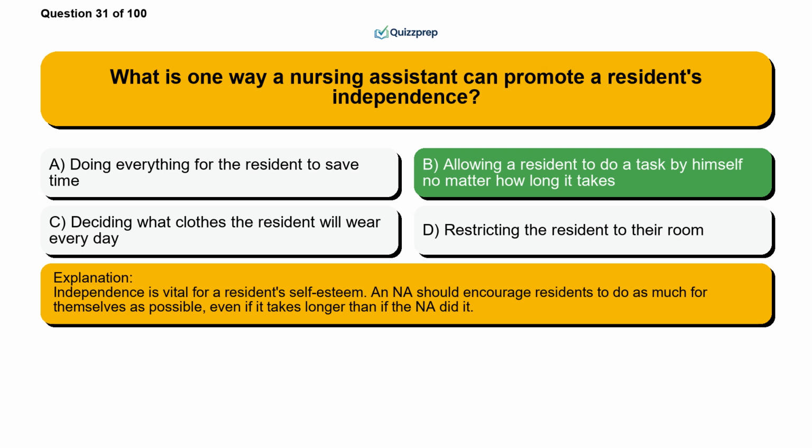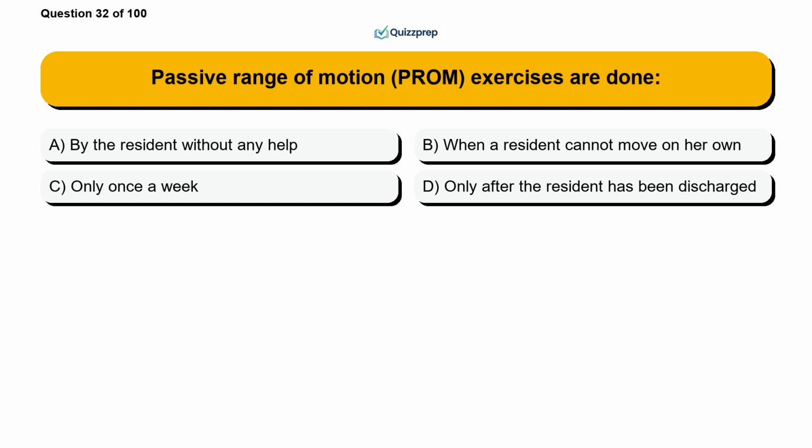Independence is vital for a resident's self-esteem, and NAs should encourage residents to do as much for themselves as possible, even if it takes longer than if the NA did it. Question 32. Passive range of motion, PROM, exercises are done: